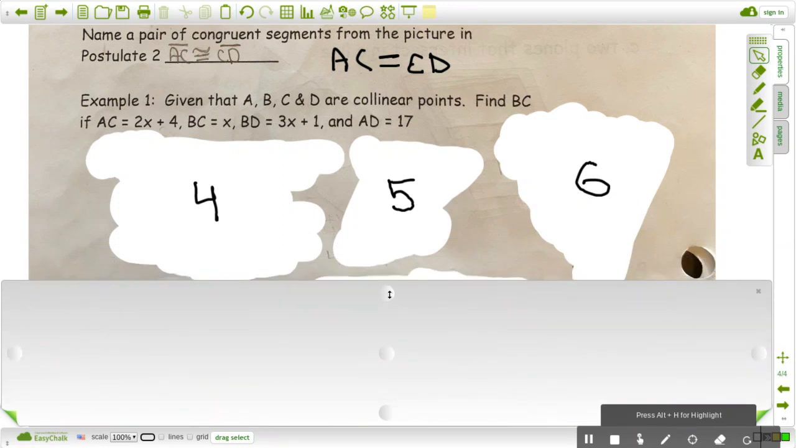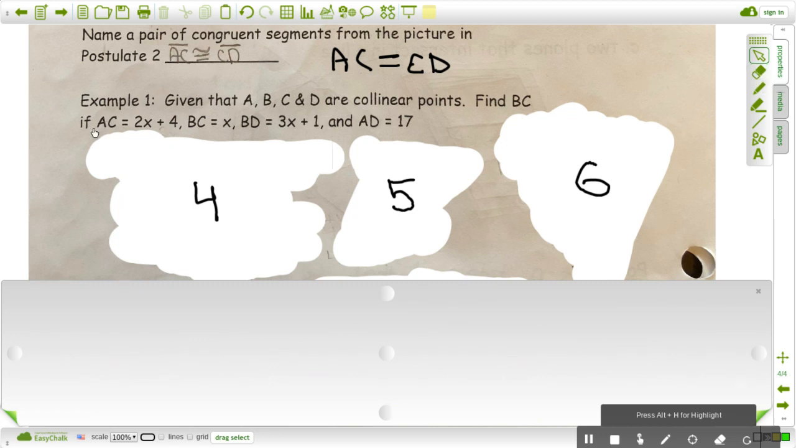Given that point A, point B, point C, and point D are collinear points, find BC, or the length or the distance between BC, if the length of AC is equal to 2x plus 4, the length of BC is equal to x, the length of BD is equal to 3x plus 1, and the length of AD is equal to 17. So first I would recommend